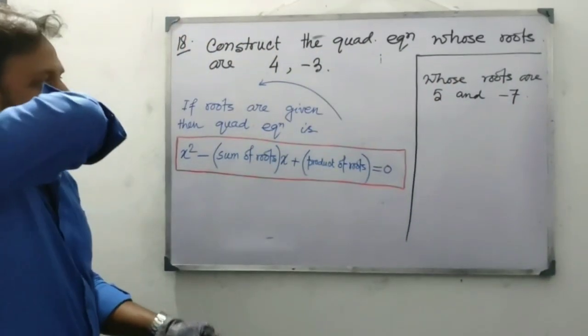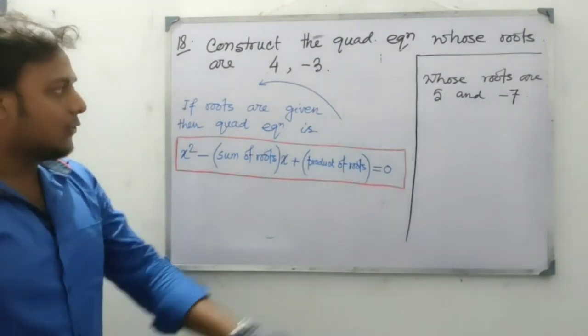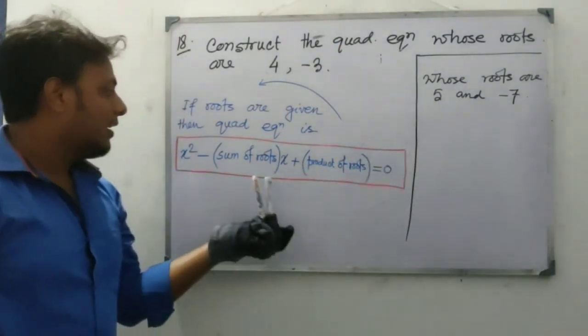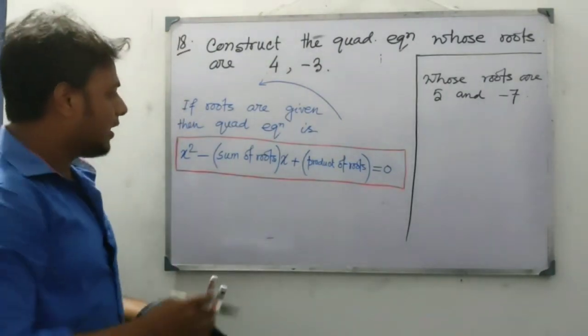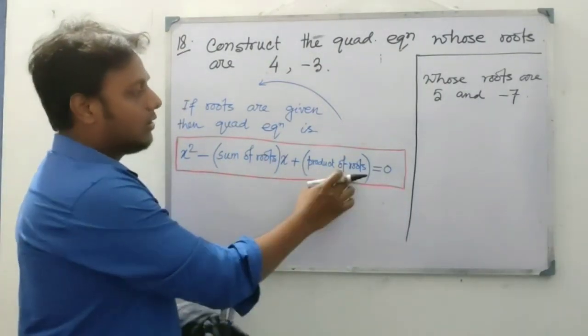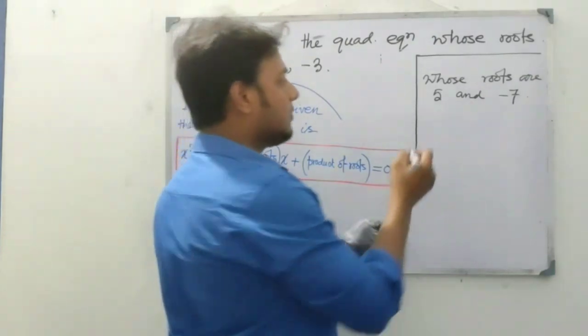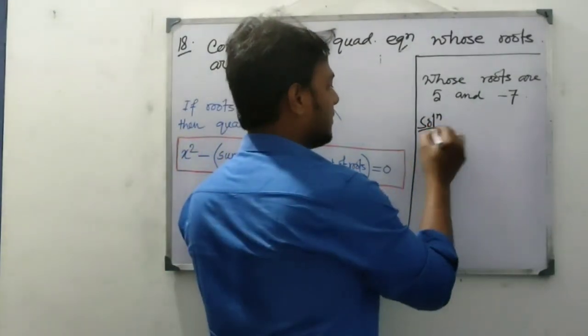So we know that if roots are given, then directly we can construct the quadratic equation, and to construct the quadratic equation we need sum of roots and product of roots. So directly calculate sum of roots. Solution: sum of roots,